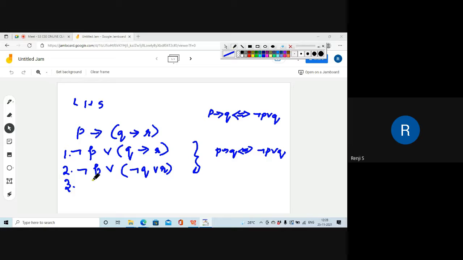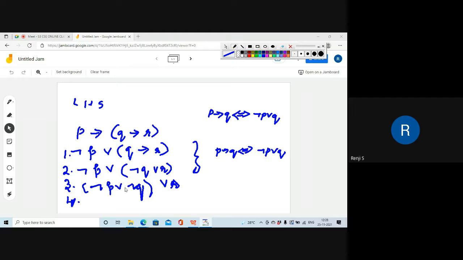Okay, now what is the third step? See, both are disjunctions, okay? So we can combine the two. We can do it in any order. So this bracket can be removed and I can combine not Q with not P. So not P or not Q or R. Okay, next step. Not P or (not Q or R). And then the next, fourth step.